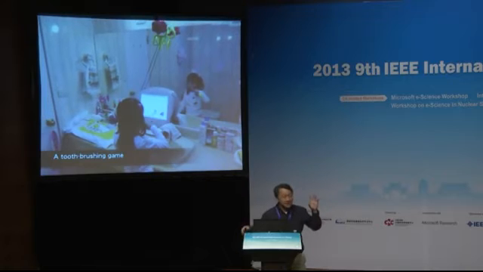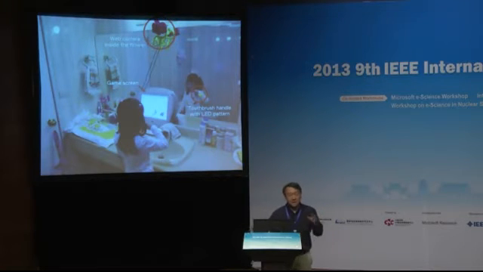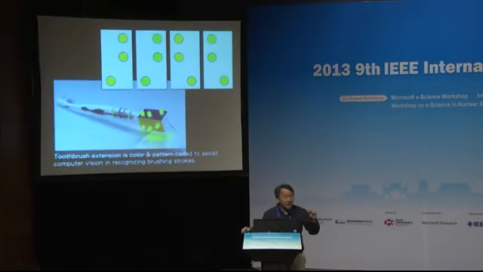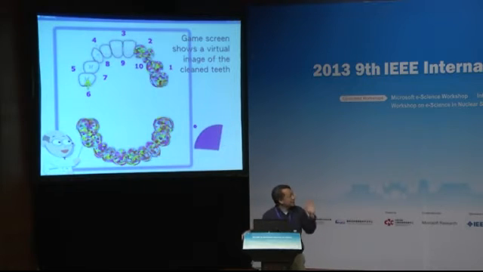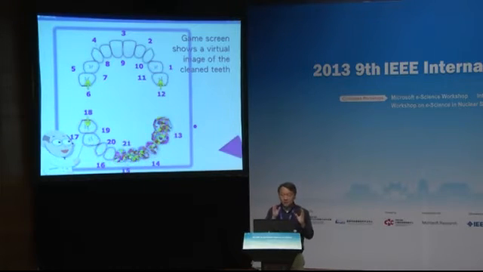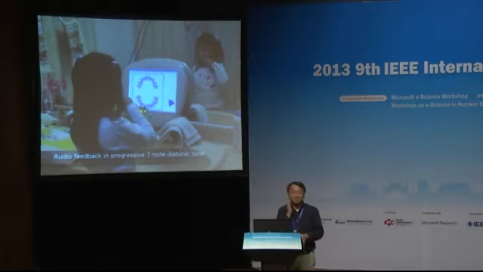You can see that inside the rows is a camera, and at the end of the child's toothbrush are LED pattern markers. Basically the camera is looking at the LED pattern markers. It has 4 faces, and each face has a different pattern. We designed a game. At the start of the game, the child's teeth are full of cavities. While the child is brushing a part of the teeth, that part of the cavities will fall off.